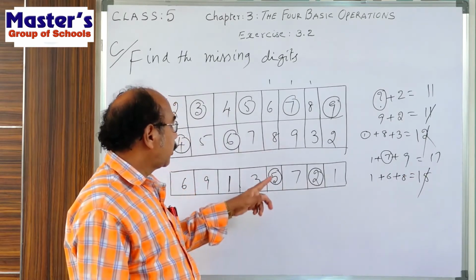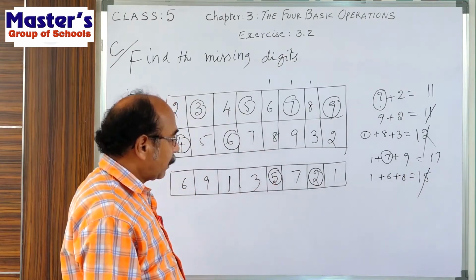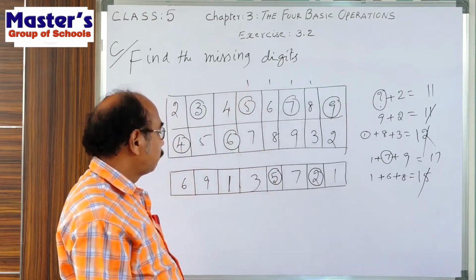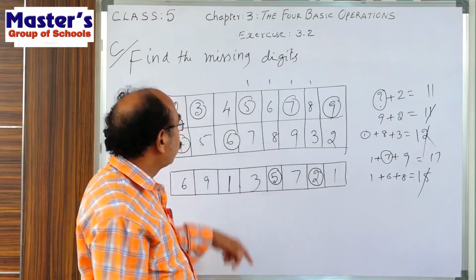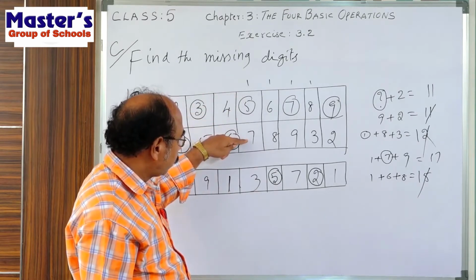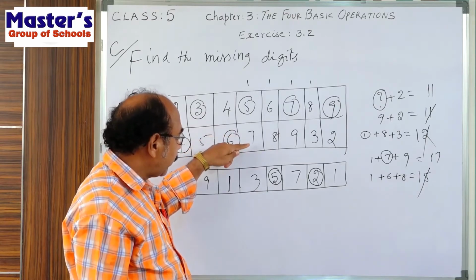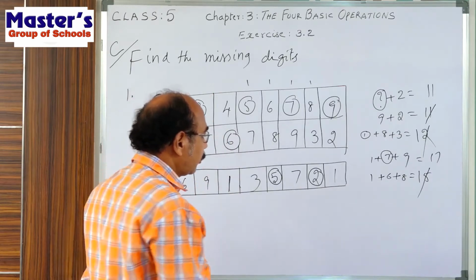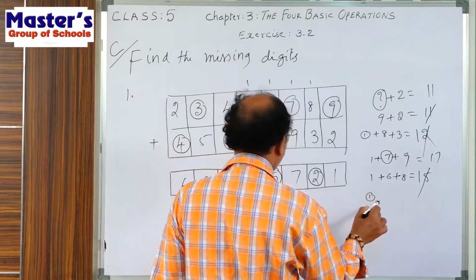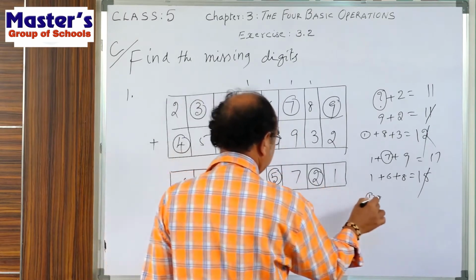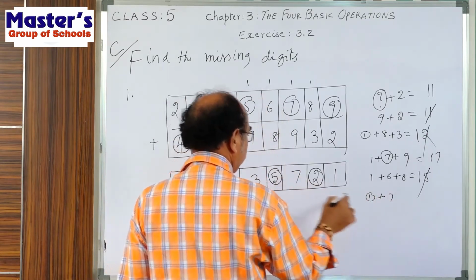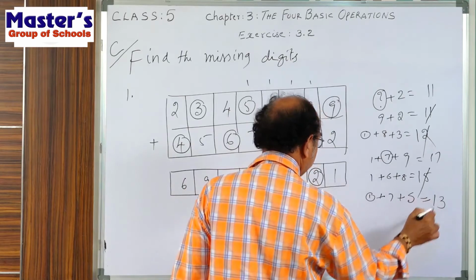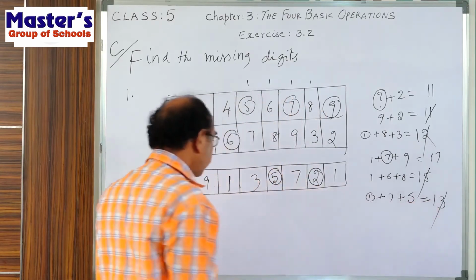That's why here the blank answer is 5. Then 1 is to be carried here. Now 1 plus 7, 8. To 8 how much is to be added to get 13? 5 is to be added. So here 1 carried plus 7 is there, plus if we add 5, then 7 plus 1, 8, 8 plus 5 is 13. Then strike off 3 right here.